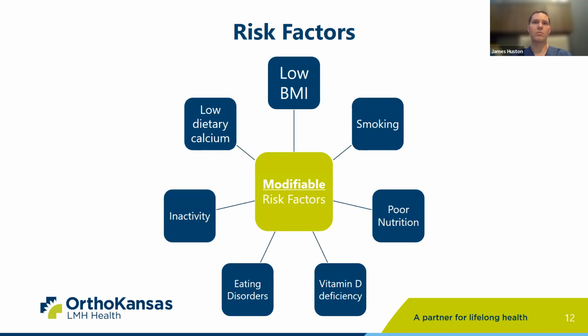Being at a normal, healthy, thin weight is a good thing, but being underweight or undernourished is a risk factor. Tobacco smoking or excessive alcohol intake is a risk factor. Poor nutrition, and related to that, can be vitamin D deficiency, eating disorders, lack of weight-bearing activity, or low dietary